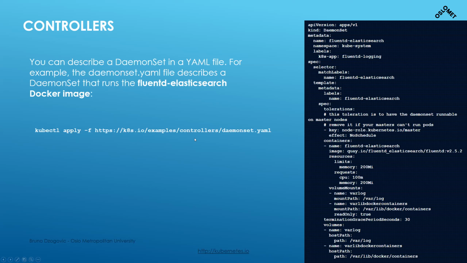And as you can see, some of the repositories are still stored in Google, so the images you can pull are from there. Although you can do private repositories or Docker or any other cloud location or Artifactory or whatever you want to achieve. There are a lot of ways. So, for example, this will run a fluentd Elasticsearch Docker image.